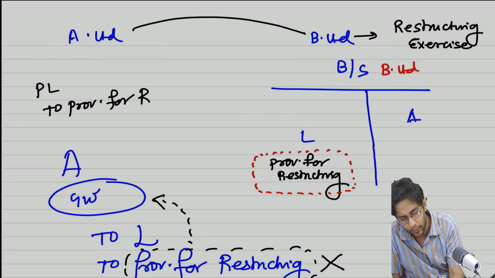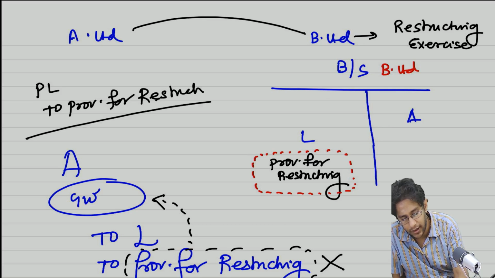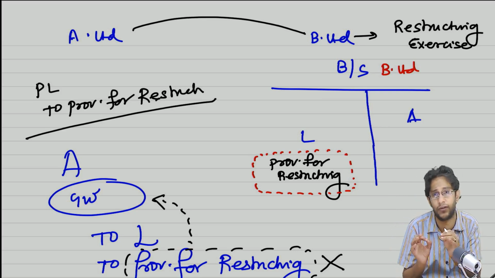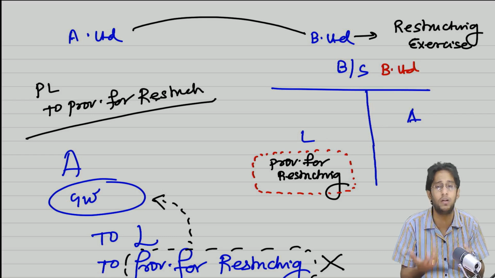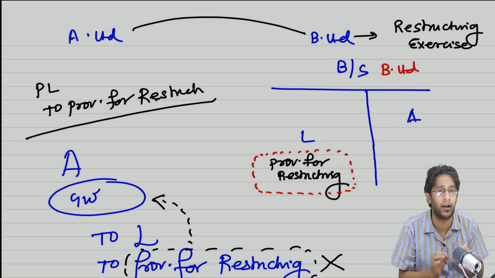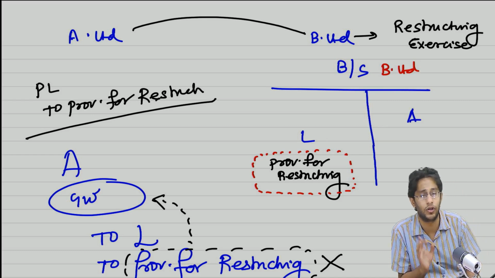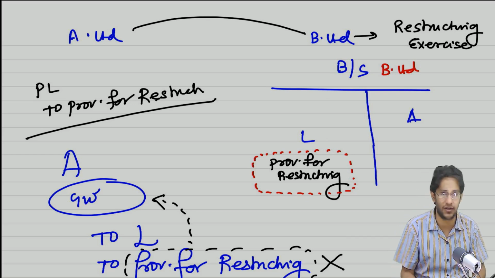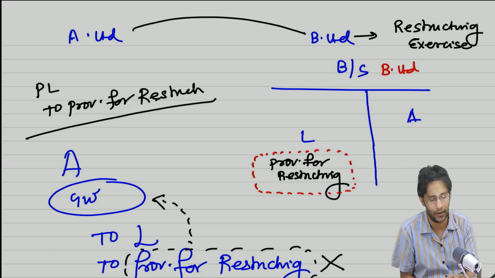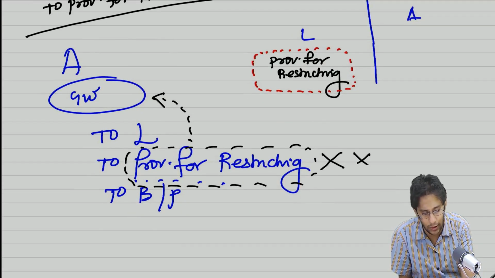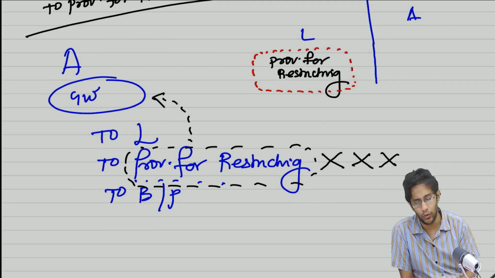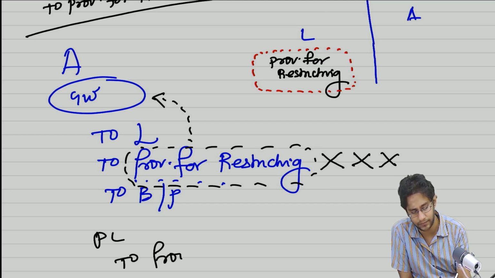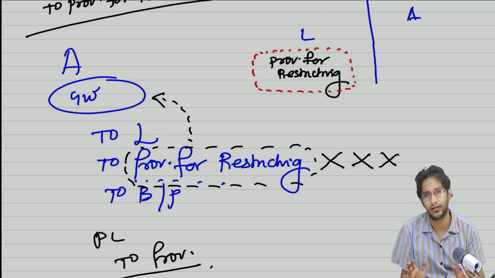P&L account debit to provision for restructuring. A Limited should have recorded this. And in the assets and liabilities to business purchase entry, the provision for restructuring will not appear because it was never announced by B Limited. So goodwill capital reserve calculation should not be impacted by restructuring provision. But for so many reasons, if A Limited makes B Limited start the restructuring activity and later on takes over B Limited, in that case also, don't include this here. You normally write the entry without the restructuring provision. So this is the story for restructuring.